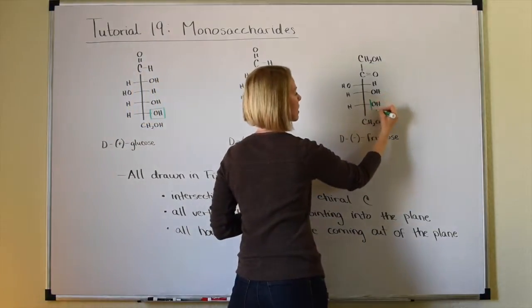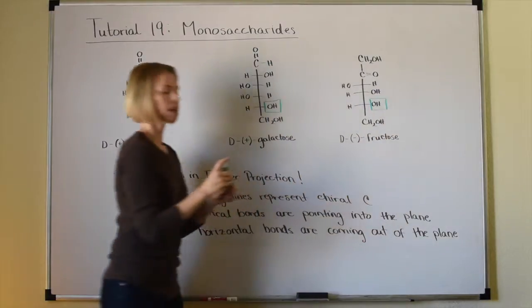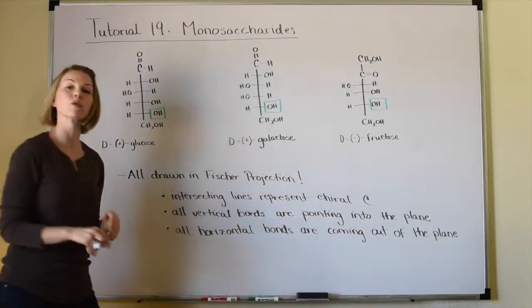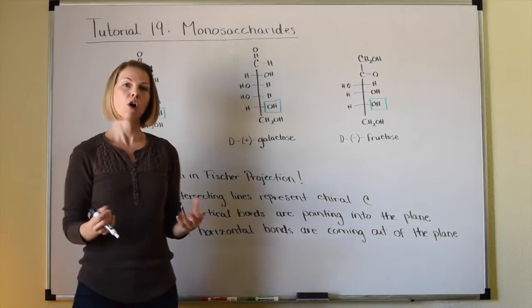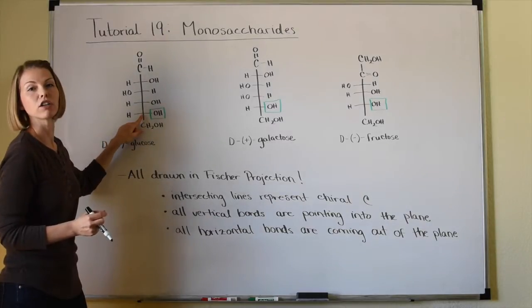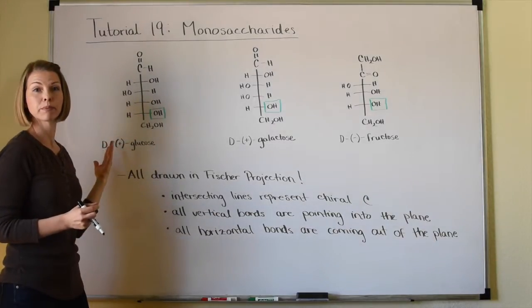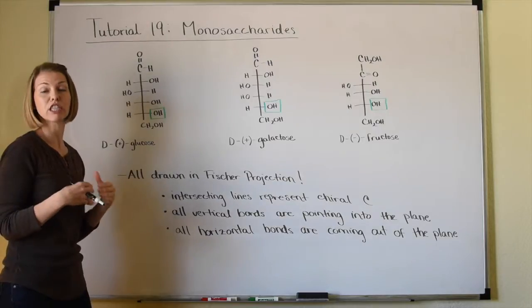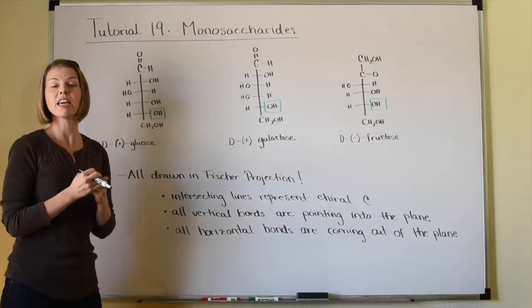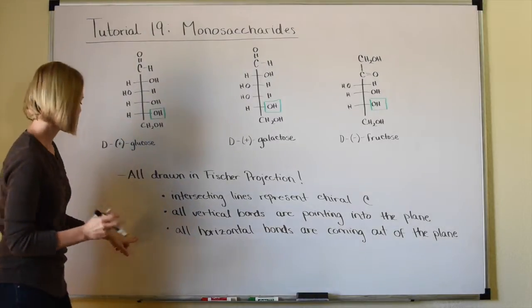That is what makes these D isomers, as opposed to the L enantiomer, which would have the lowest chiral carbon with a hydroxyl facing to the left. So very easy to distinguish between the D and the L enantiomer if you have these drawn in Fischer projection. So I'm going to write down here